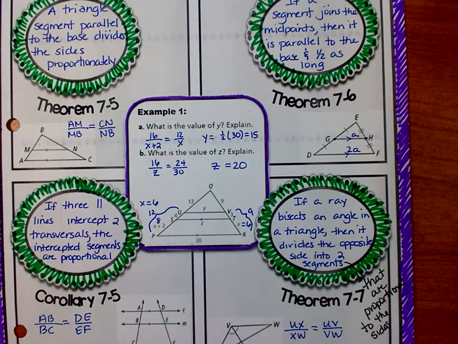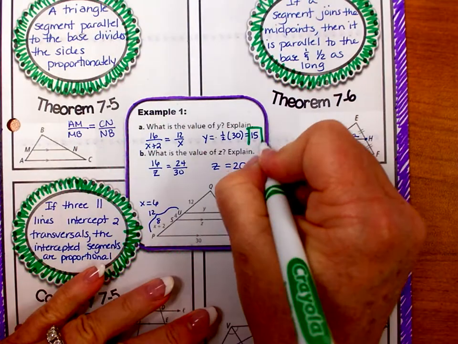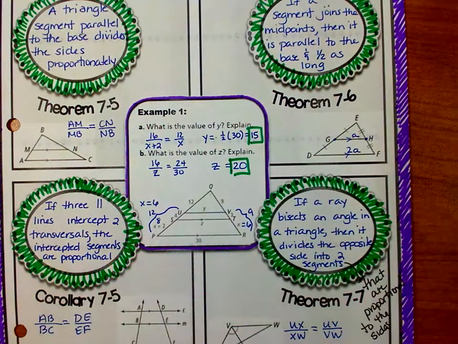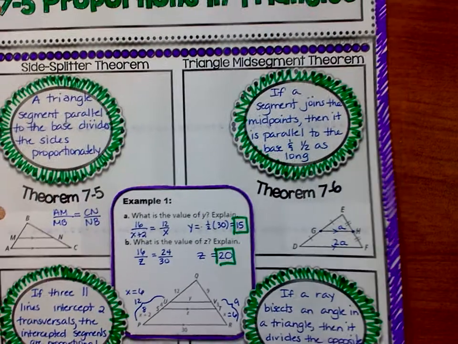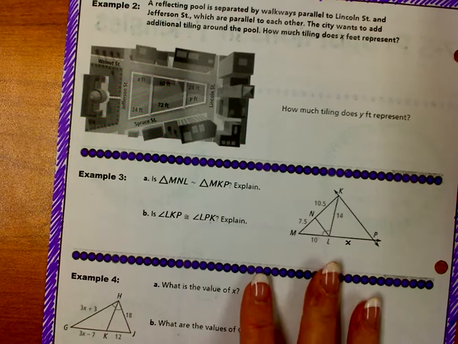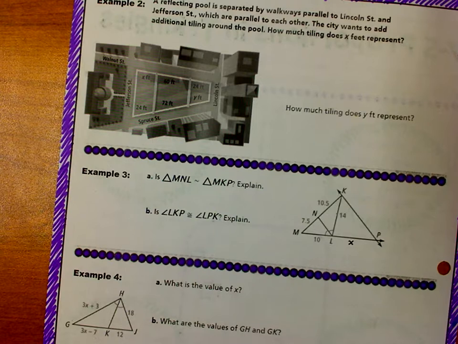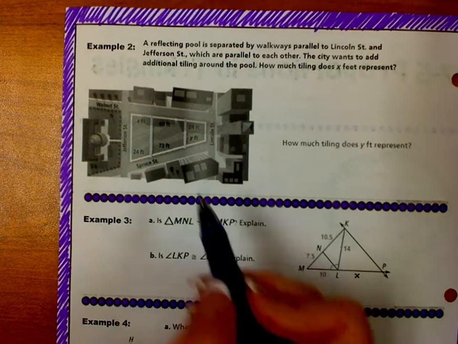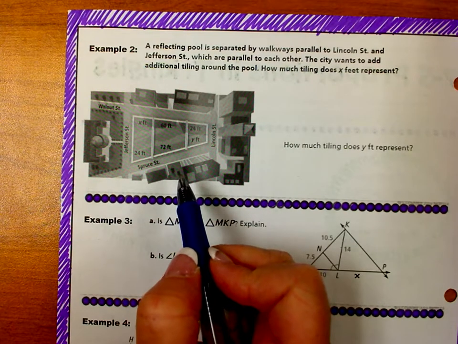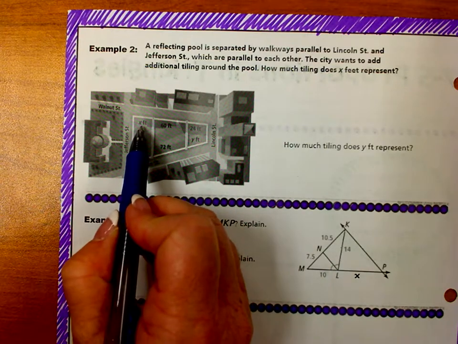Okay, so y is equal to 15 and z is equal to 20. All right, let's flip this over on the back and take a look at some more examples. So taking a look at example 2, we have something that looks like our corollary. So we want to find x,